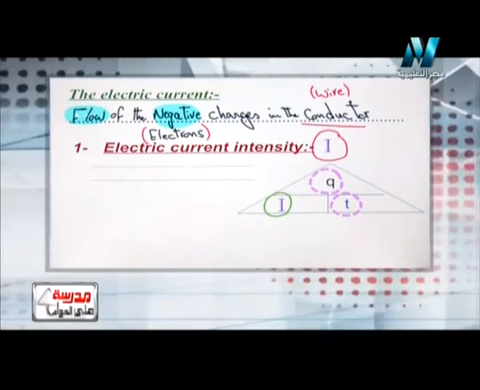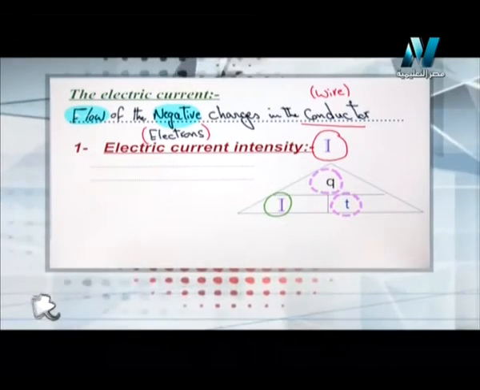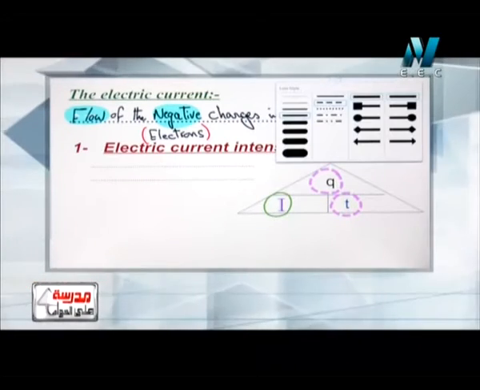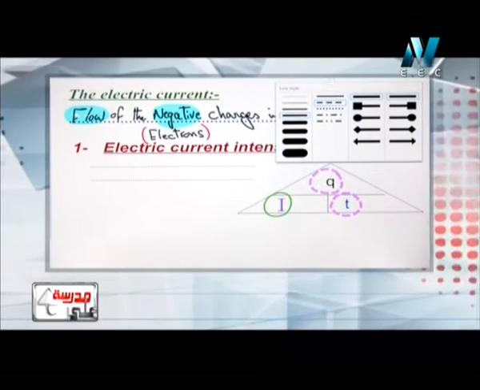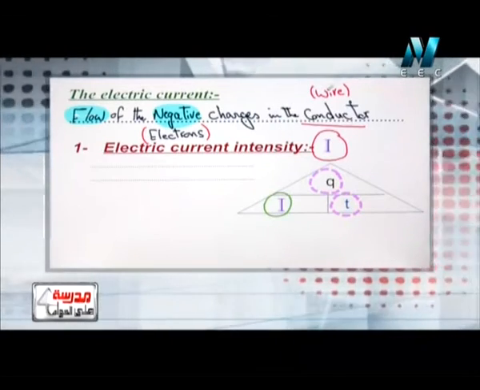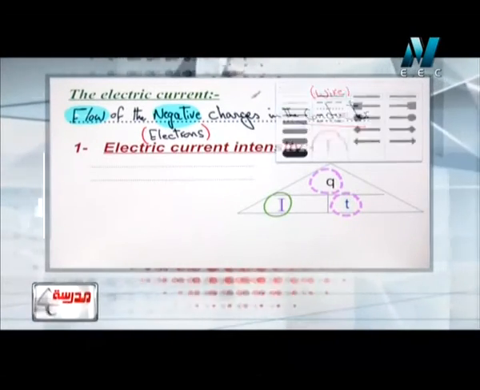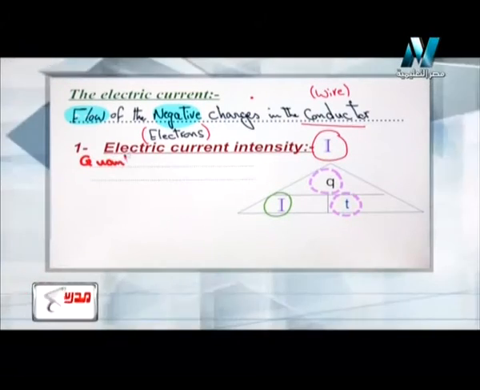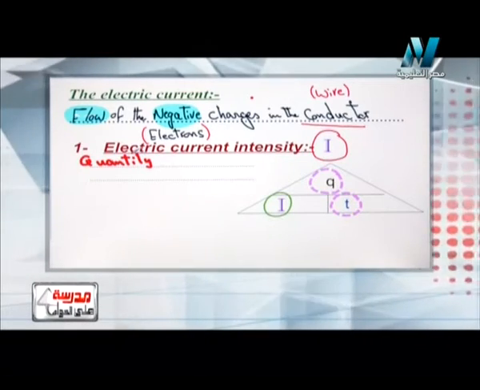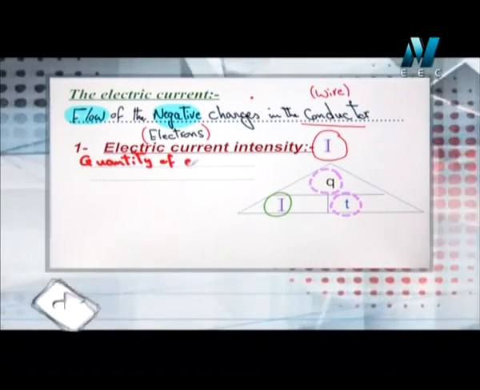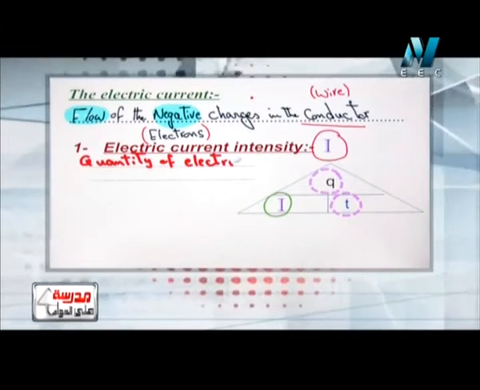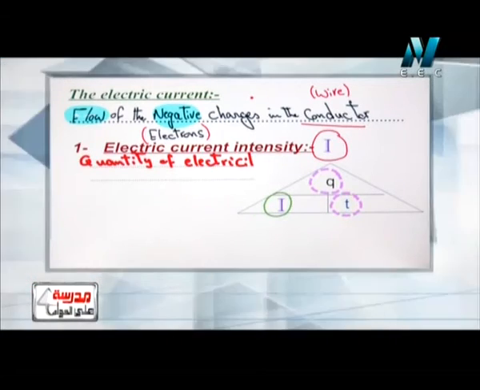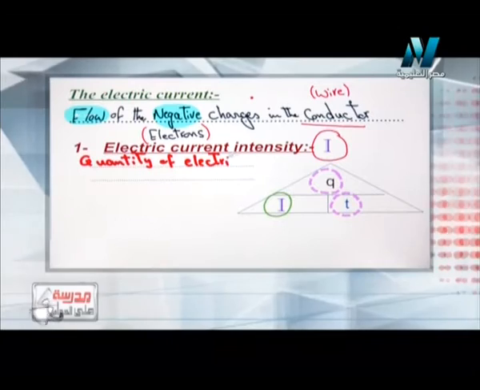يبقى لما يجي يقول لي what is meant anything, we should remember the physical or the magic triangle. افتكر التريانجل على طول. لما يجي يقول لي what is meant by the electric current intensity, اقول له اوكي electric current intensity it is the quantity يعني كمية of electric charge, quantity of electric charge